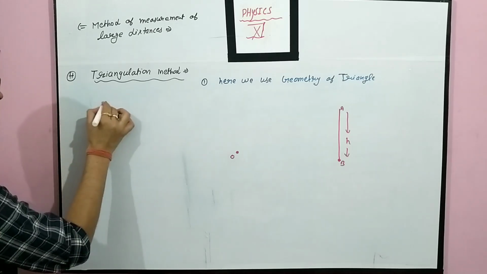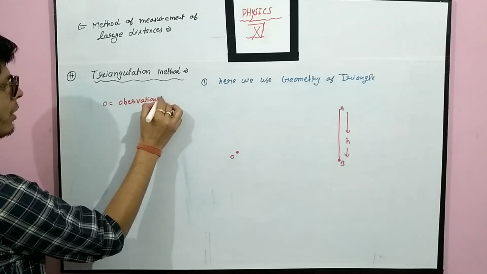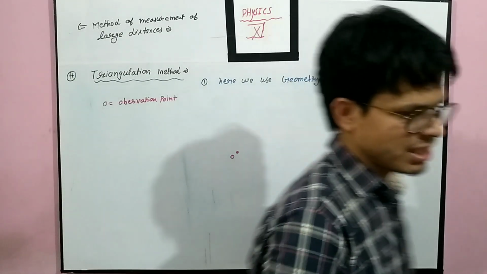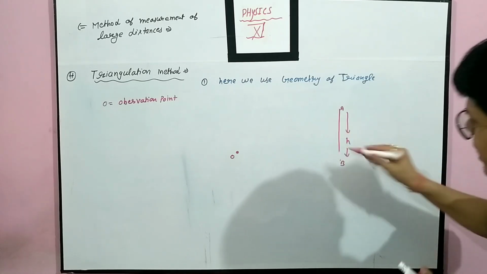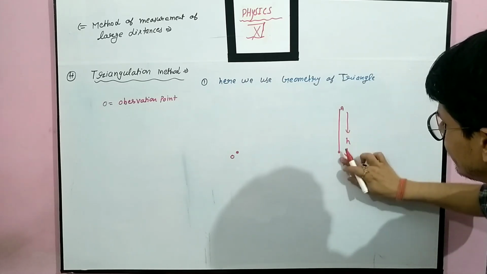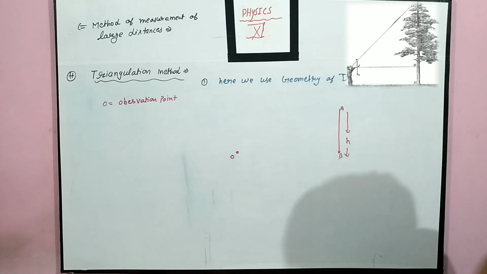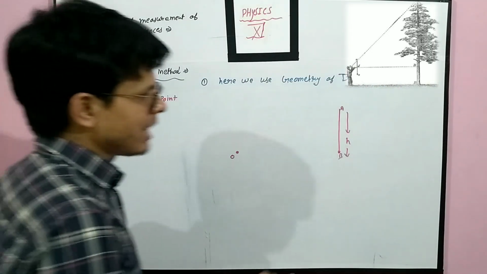O is called the observation point. Suppose we want to find out the position of this tree from O. This is a tree of height h. We want to find out the position of this tree from point O. This point O is called the observation point. Then by using a device,